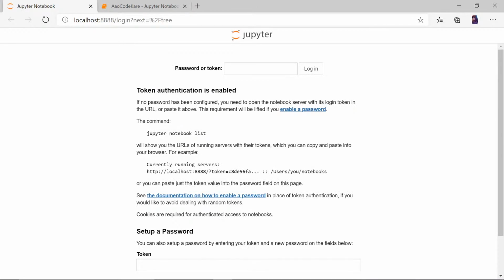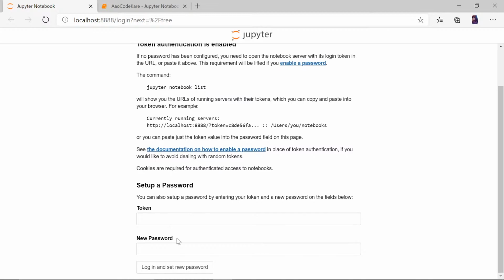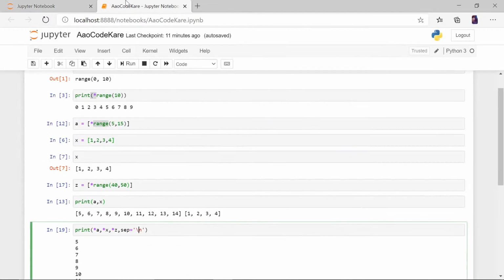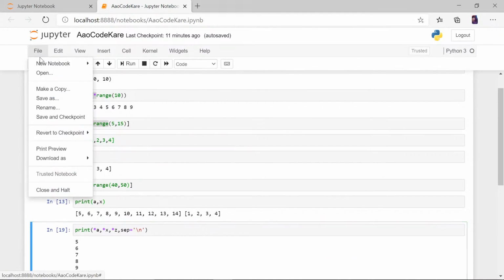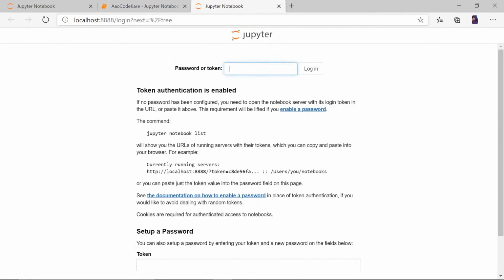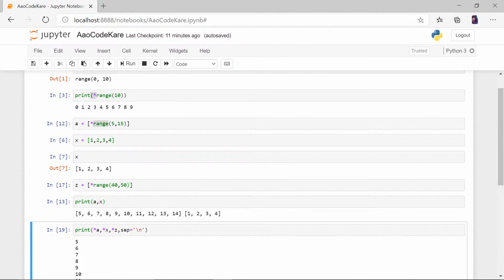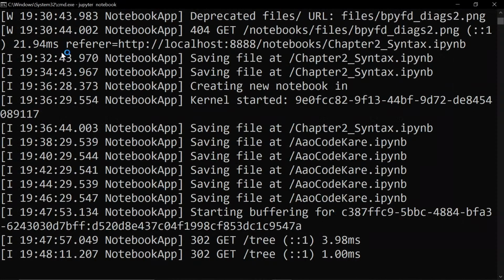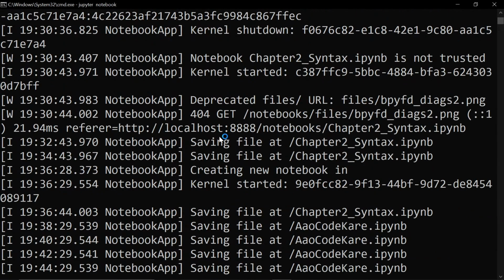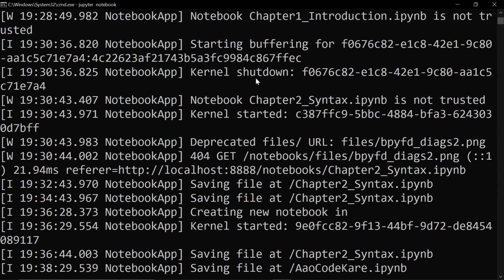Okay, password or token. We don't have a password. I think I'll have to open Jupyter again. Kernel shut down.